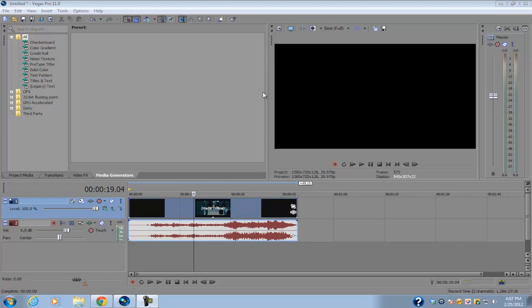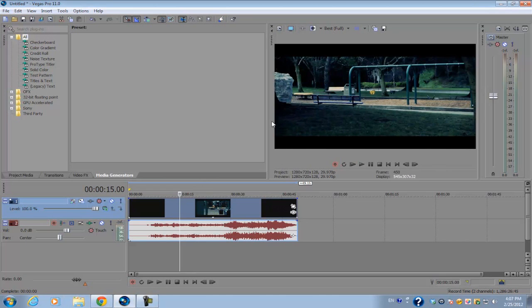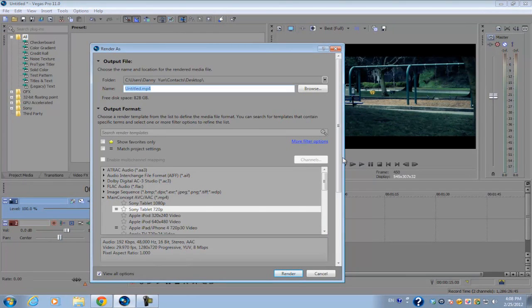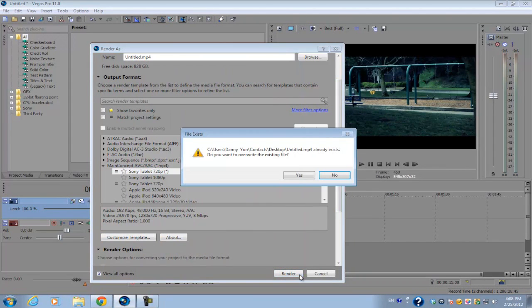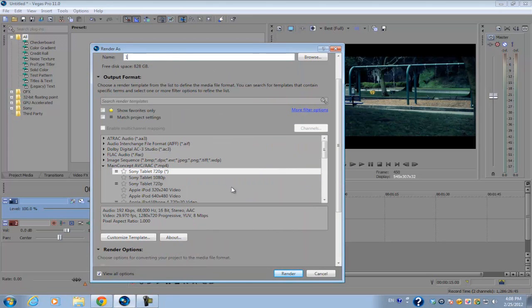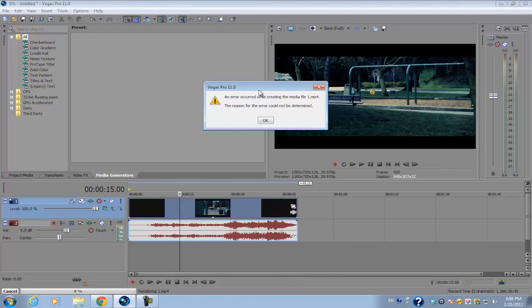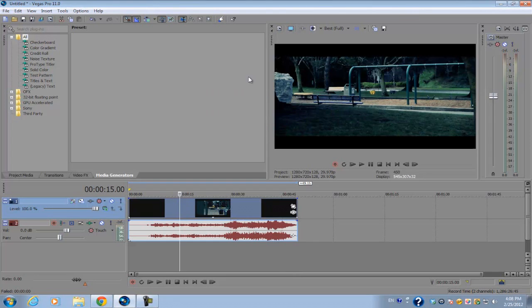Basically, this is a continuation of part 2 of my beginner series, which was a rendering tutorial, but a lot of people seem to be having problems with the settings I gave them, and I found a little option that I forgot to mention that was the cause of the rendering problem. So if you get anything like, for an example, you go to Main Concept and you encode it, it's going to give this little error message. I found a solution to fix that, and throughout this whole video I'm just going to go through